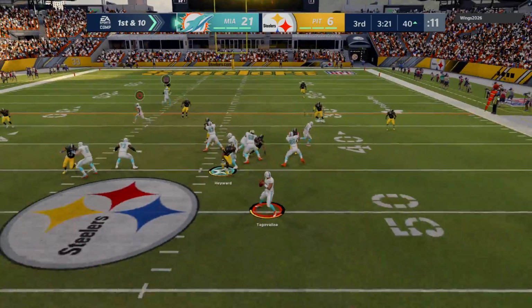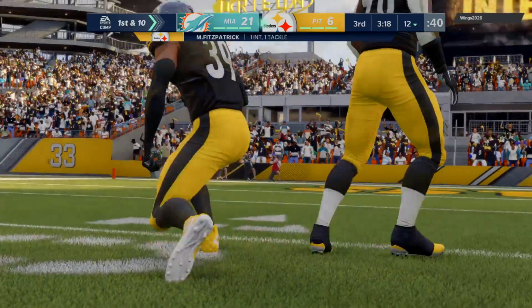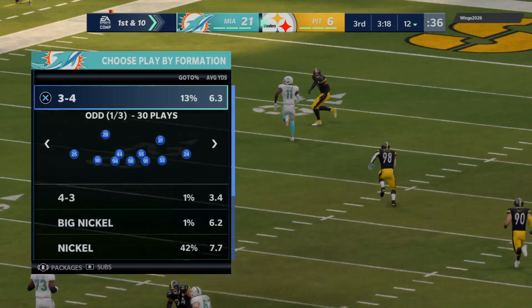Play action. Now it's Tua. He's going to let one go deep for Parker. A fight for the football, and it's intercepted. It's the ex-Dolphin, Minkah Fitzpatrick. They've got a pretty comfortable lead right now, but maybe a little too careless with the football that time for